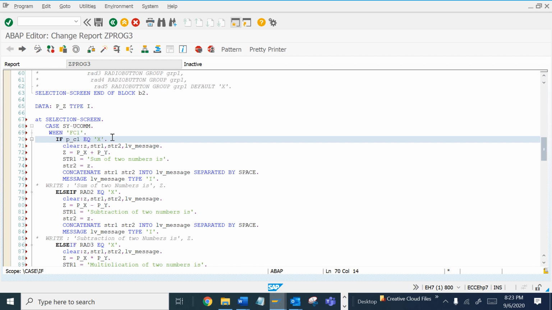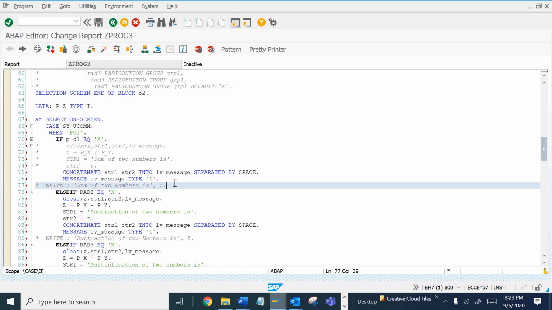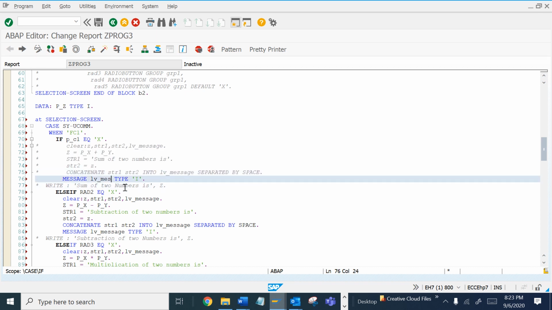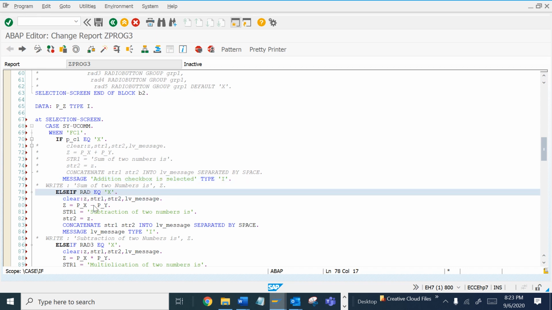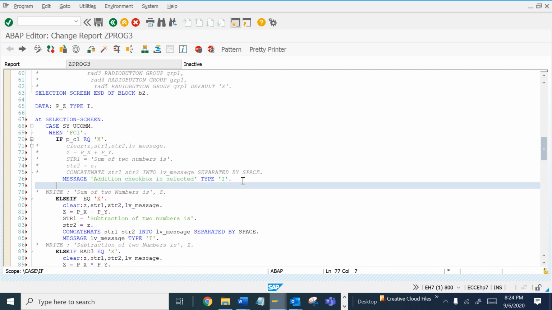So if I select this, I want to show a message like, let me put this as commented. I want to show the message as addition checkbox is selected. Now let me do the same for the else part.